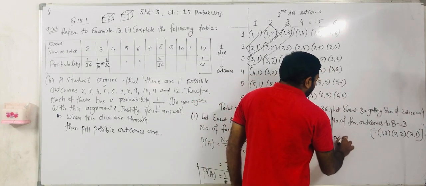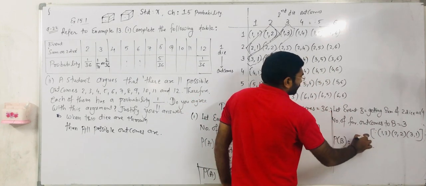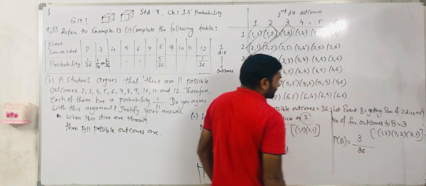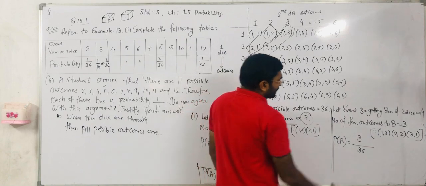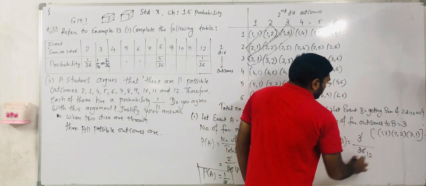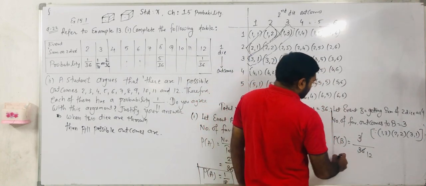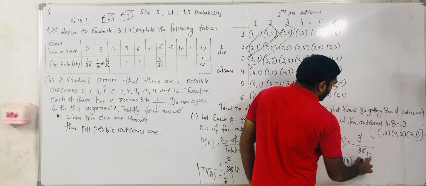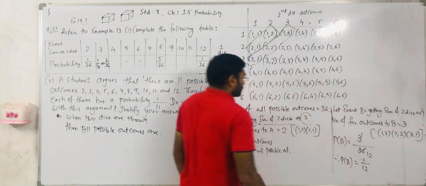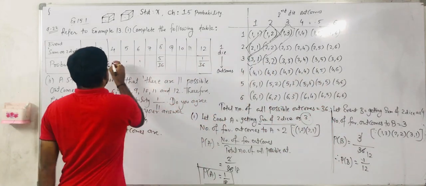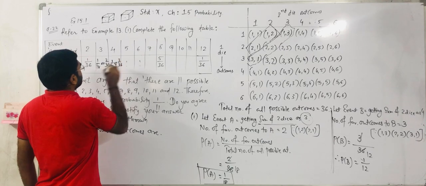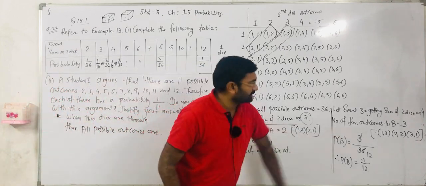So the probability of B event, favorable outcomes we have to write in the numerator, 3, and in the denominator we have to write 36, the total number of all possible outcomes. So we get 3 by 36, which means 12 3s are 36. So P of B is equal to 1 by 12. Right. So you can take both answers as right, 1 by 12 or 3 by 36. Okay, both are valid answers.